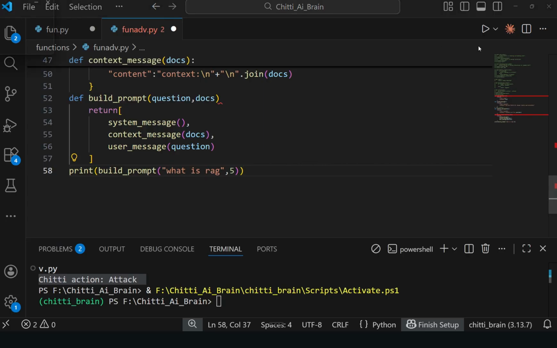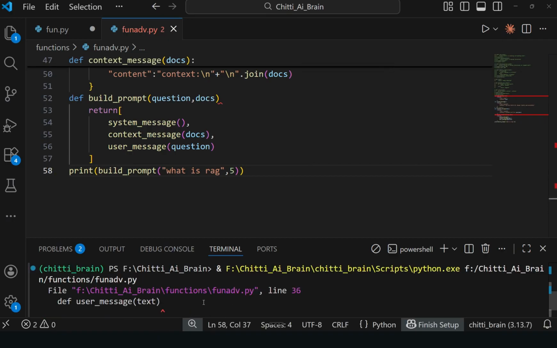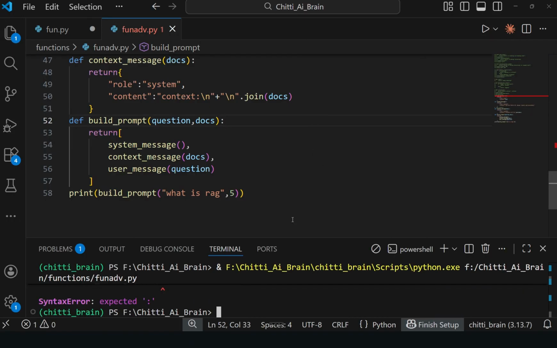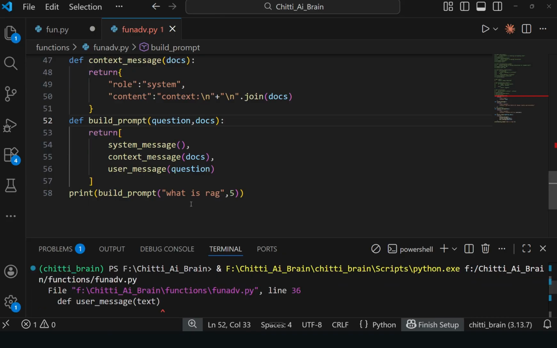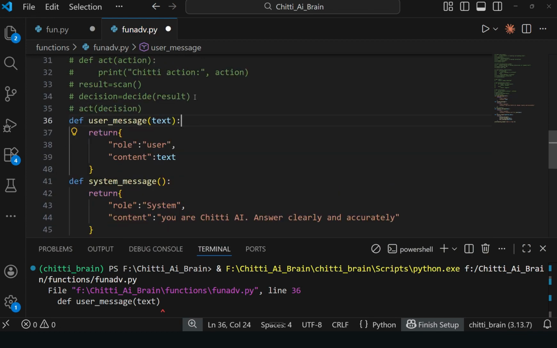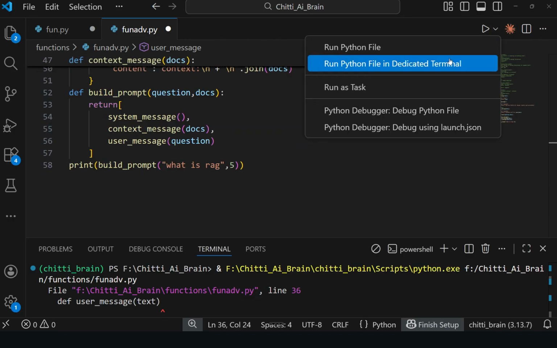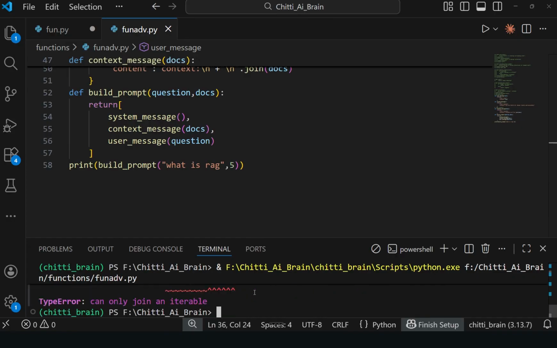Okay, it will give you an error. Why? Because we didn't create any response related fake LLM. We didn't create anything. Okay, now there are no indentation errors, but still we didn't receive any reply. Why? We just constructed the information package sent to the LLM. In this way we have to send the information to the LLM.